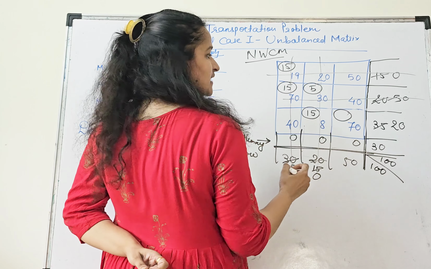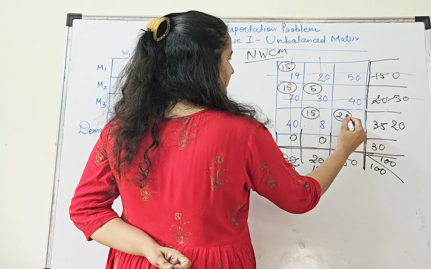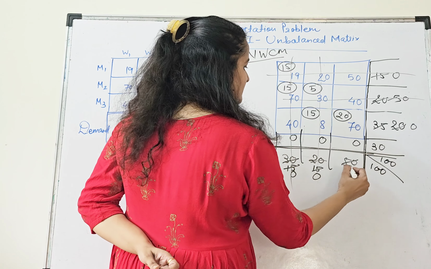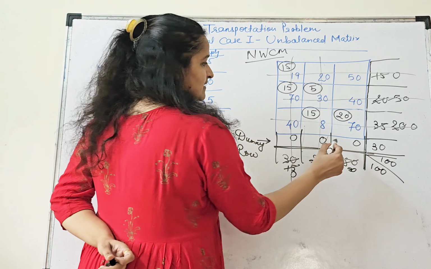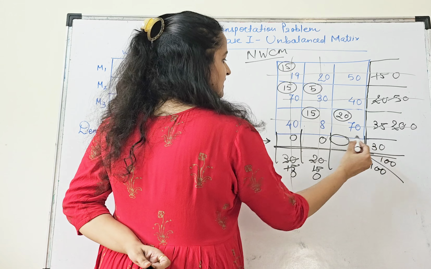So the allocation would be here. How much allocation? 20. Yes, so this gives me 0 and this gives me 30. Whatever is 0, cut it. Now the only cell left is this. You are going to make the allocation here. 30, 30, yes, these